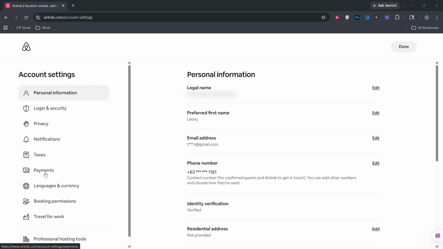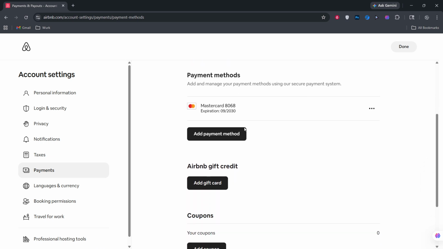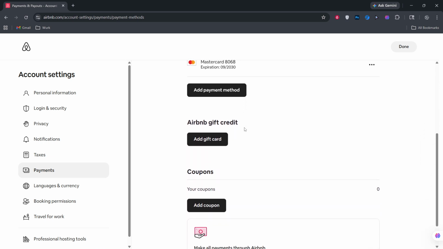Next, go to your account area. On the mobile app, you'll find Account at the bottom right of the screen. On the website, click your profile icon and select Account. From there, look for the Payments section. In some layouts, you'll also see a dedicated gift cards option. Either path will take you to the right place. If you don't see it at first glance, scroll. Sometimes it's a little lower in the menu.